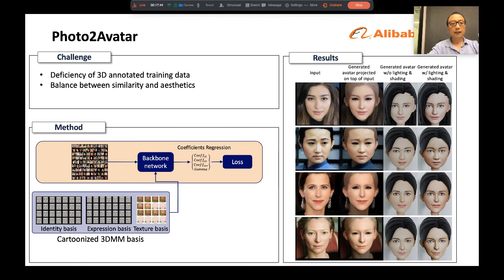The second one is customizable and extendable. The reconstructed faces are weighted sums of the meshes and the texture bases, which makes our technology easy to switch between different styles through different sets of bases. The red figures show the results of our method. We can see the improvement in results with lighting and shading.